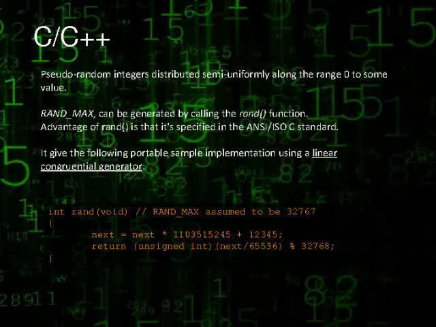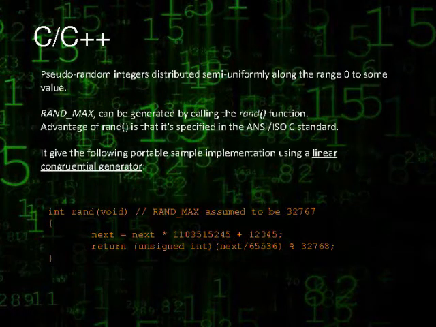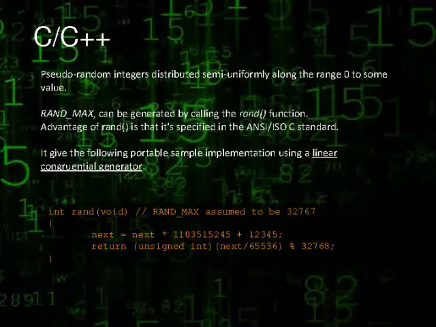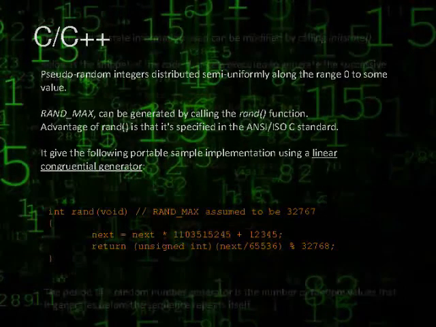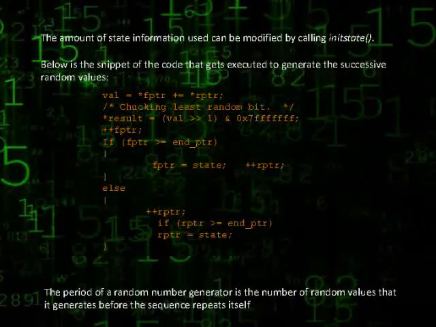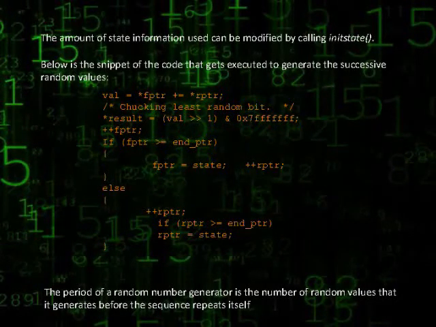It can be seen on line 28 in glibc 2.3.6 stdlib rand.c file, or alternatively man 3 rand on a Linux box should work too. By default, the implementation uses a linear feedback shift register with 128 bytes of state information to generate random integers ranging from 0 to a RAND_MAX of 2^31-1. The amount of state information used can be modified by calling the initstate function and is allowed to range from